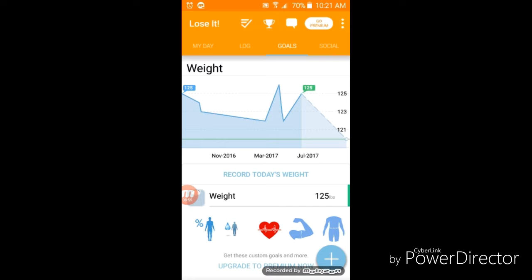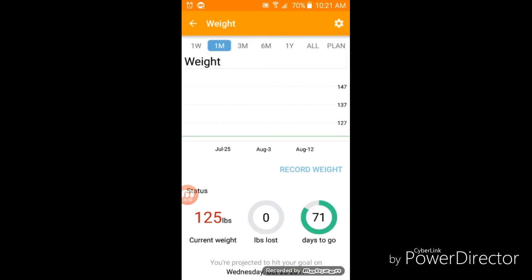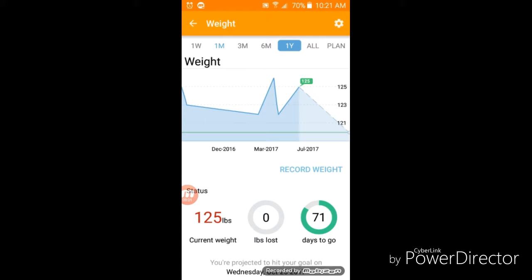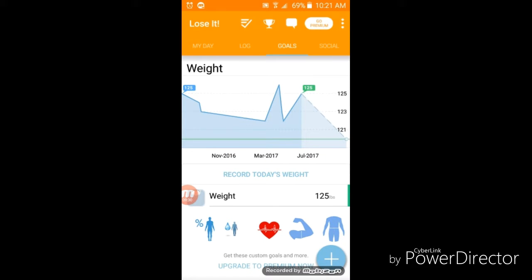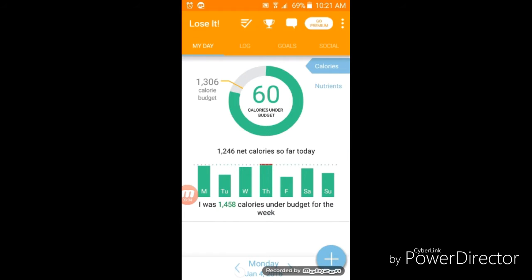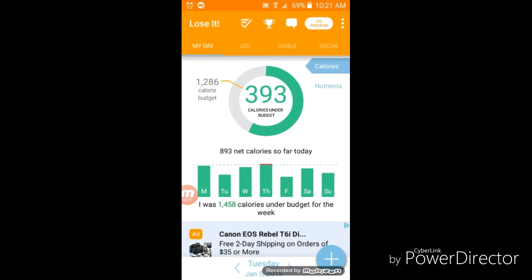I can go to my plan, all my plan, and let's see, on December 29th I had a loss, and December 30th, January 5th is probably the one we want to look at. I went from 157 to 154. So after I had that 1,000 calorie overage, on this day right here, I went down. Whenever I had that huge overage,